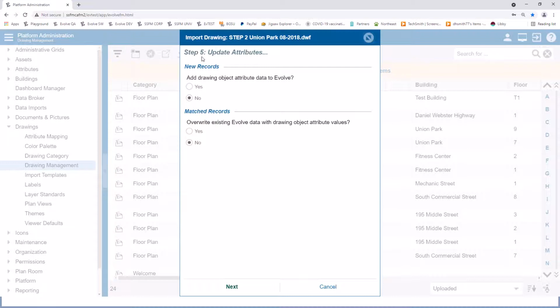Update attributes. This is step 5 of the process. For new records, we have two sections here, new records and matched records. For any new records coming in, which we have 142 new space records, it's asking you, do you want to add the drawing object attribute data to Evolve? So in other words, do you want to bring the tag data in and assign it to the Evolve space record? So yes, we want to do that because we want to make sure Evolve gets updated with the